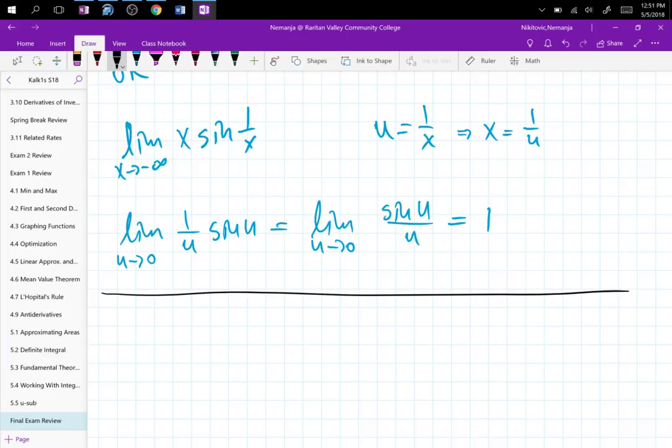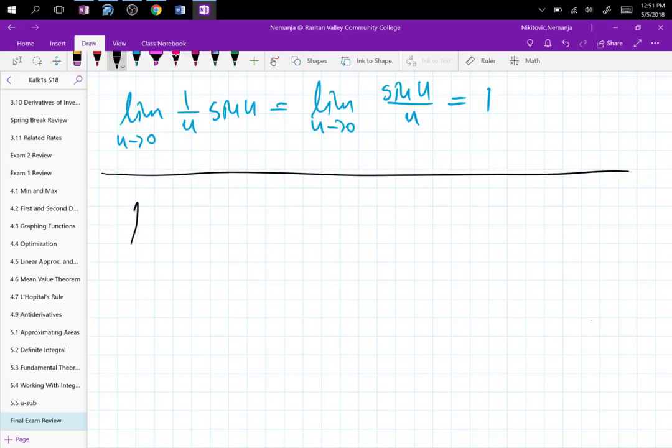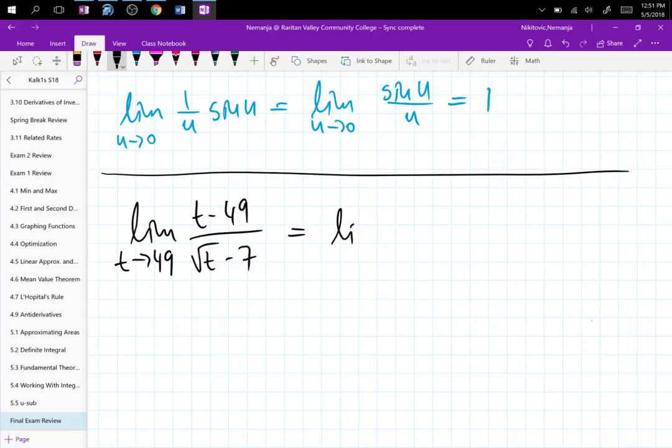Yes. On exam 1, limit as t approaches 49, t minus 49 over square root of t minus 7. All right. So this problem can be solved in two ways. You can either rationalize, right? You multiply top and bottom by root t plus 7, or you can use that cute trick to factor